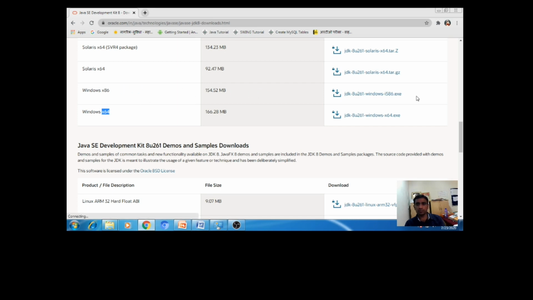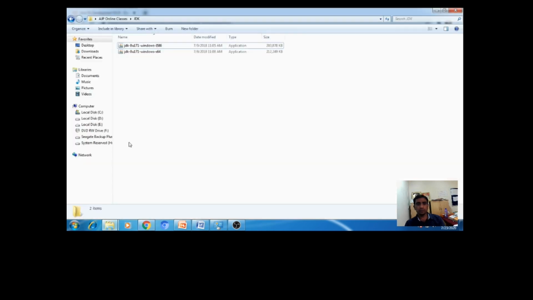This one is for a 32-bit operating system. This one is for a 64-bit operating system. When you download, these files will look like this: i586 and x64. This is for the 64-bit operating system.